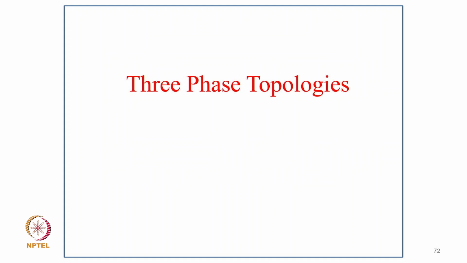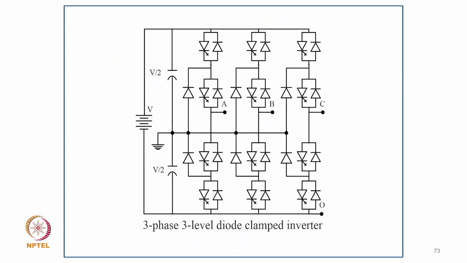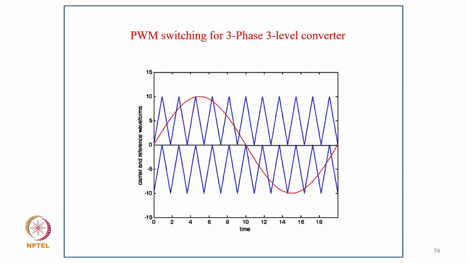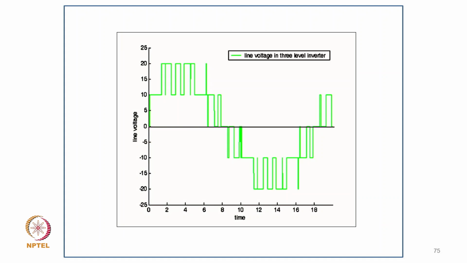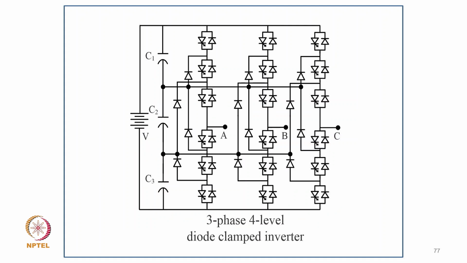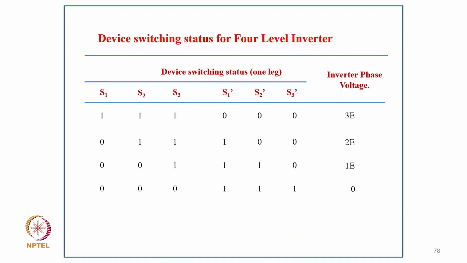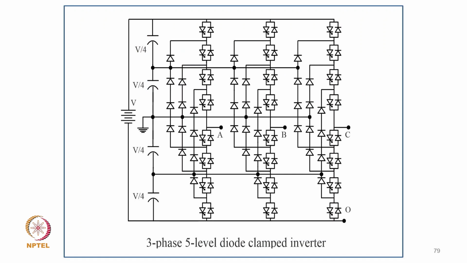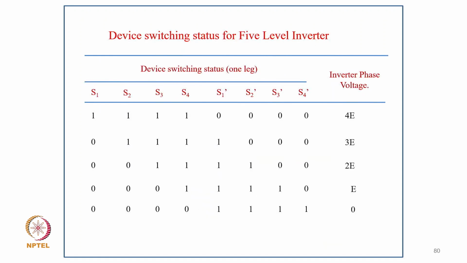So now coming to three-phase topology. This is a three-phase, three-level diode clamp inverter, and the corresponding pendulum switching for the three-phase, three-level inverter, and this is the line voltage in the three-level inverter, and this is the phase voltage of the three-level inverter. This is the three-phase, four-level diode clamp inverter, and this is the device switching status for the four-level inverter, where the device switching and inverter output voltage profile is there. And this is the three-phase, five-level diode clamp inverter, and device voltage